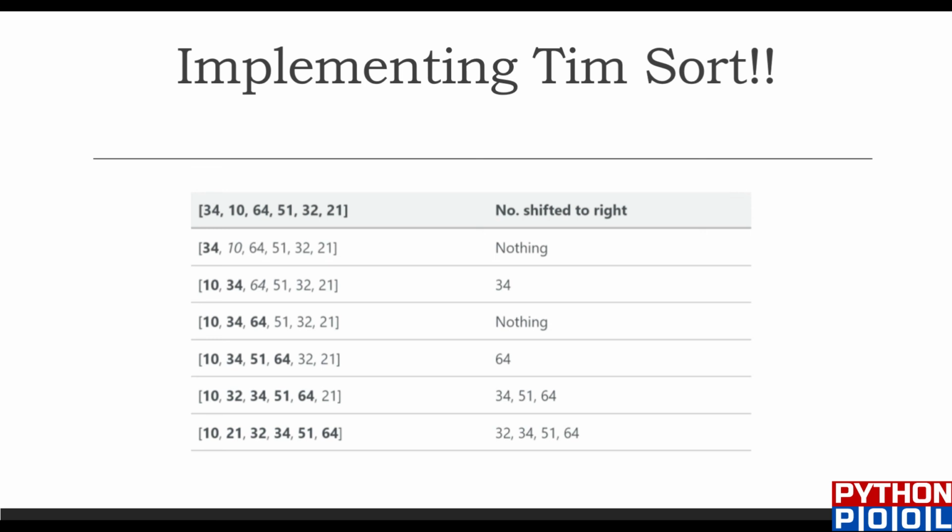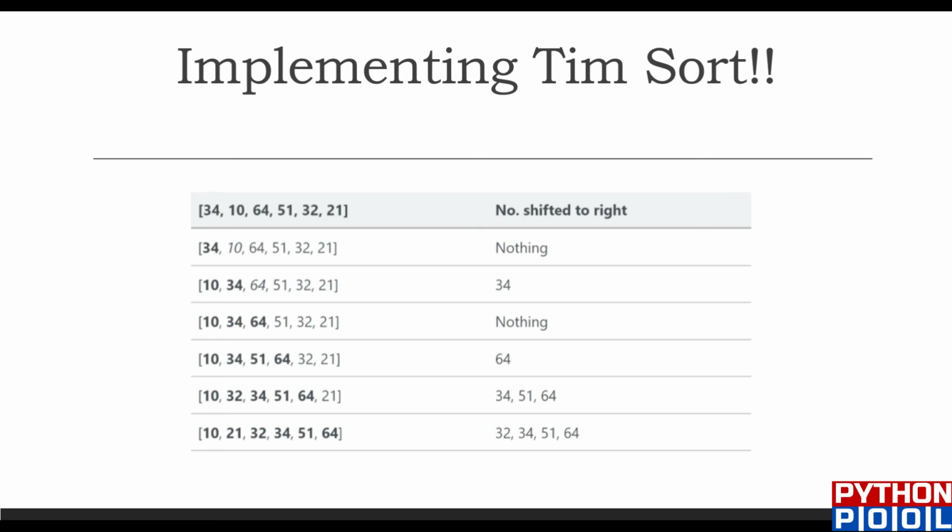First of all, it takes 34 and compares it with the right element. If 34 is less than 10, then no swapping. If 34 is not less than 10, then it would be swapped. Now it would take 64 and compare it with 34. If they are in order, no swapping. If they are greater, then swap. But in this case, no swapping.